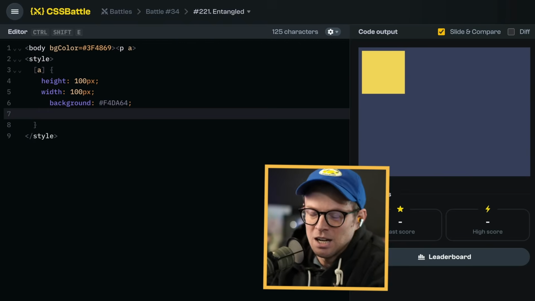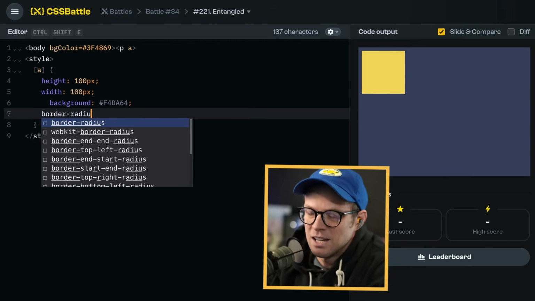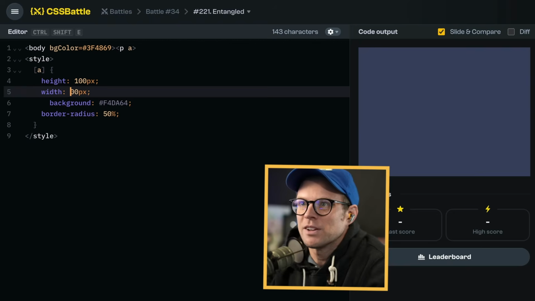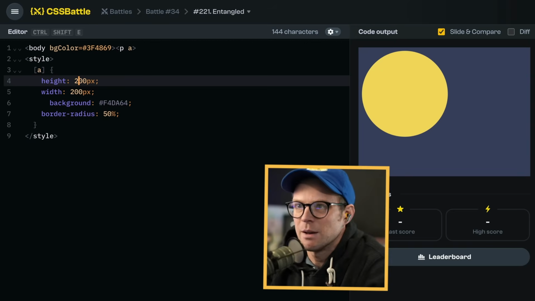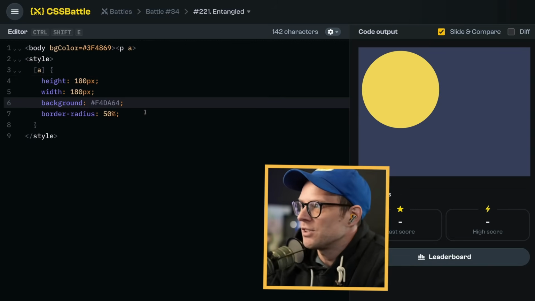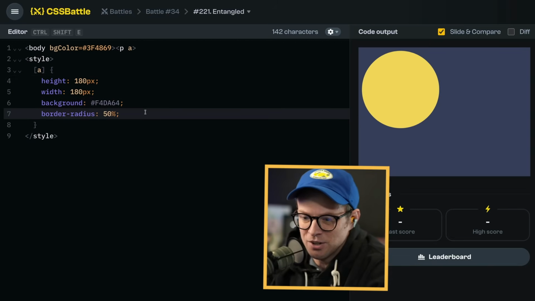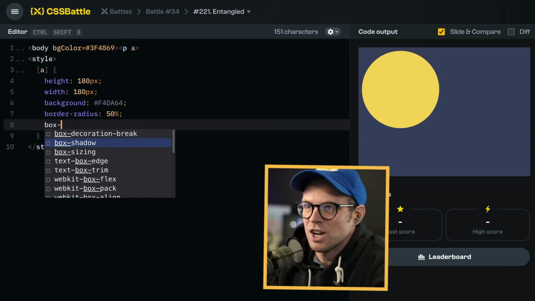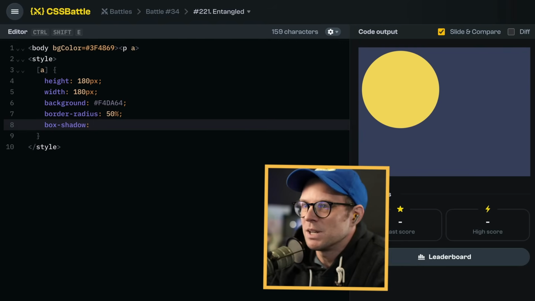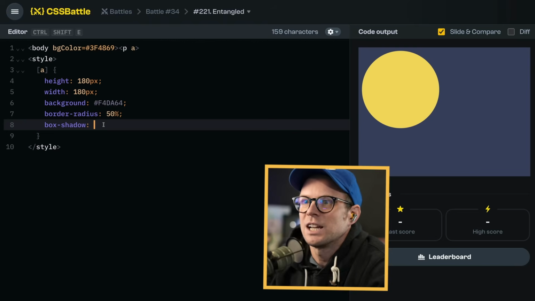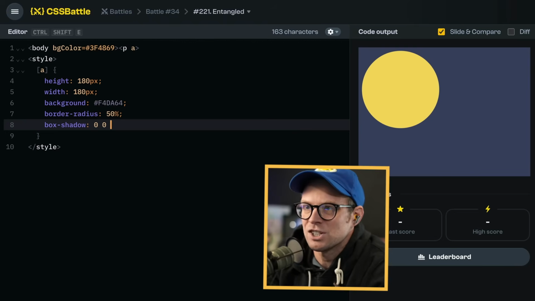I'm Sonic. Border radius, and we'll say 50% because that's going to be shorter than anything else I have to do. 200 pixels, sure, why not? I'm sure it's closer to 180 or something stupid. There's all kinds of different ways you could position this thing. You could also just translate it. I'm going to do something interesting here. I'm going to do a box shadow. This box shadow is going to be red. This box shadow is going to look like 0 pix, 0 pix, actually negative 100 pix, 0 on the fuzzies,